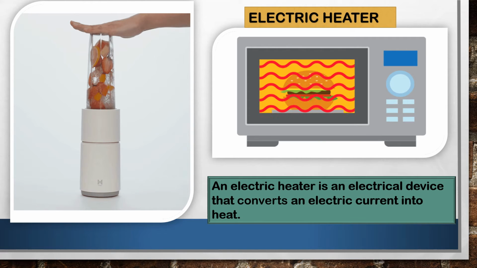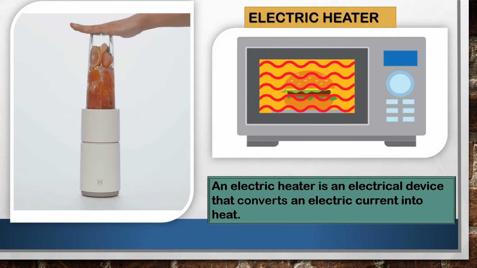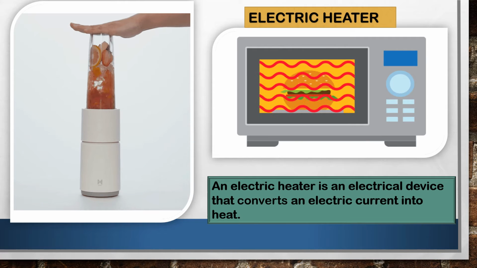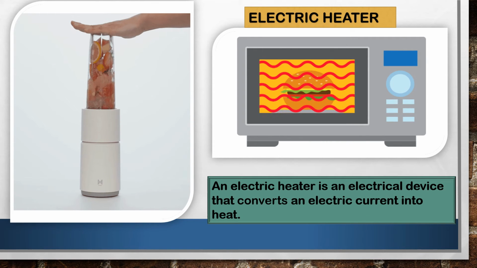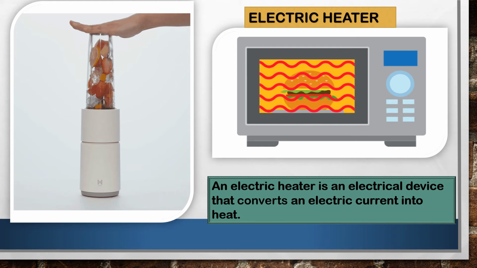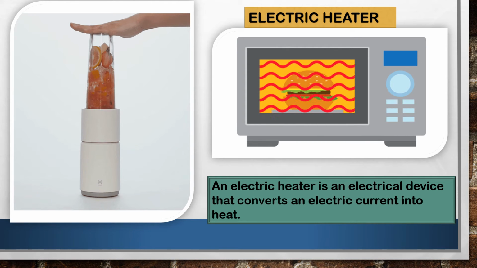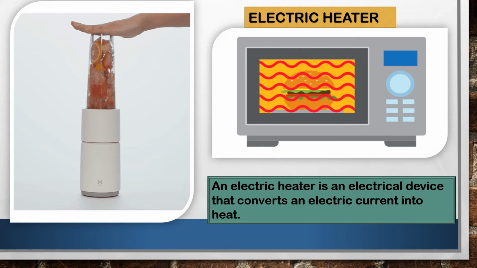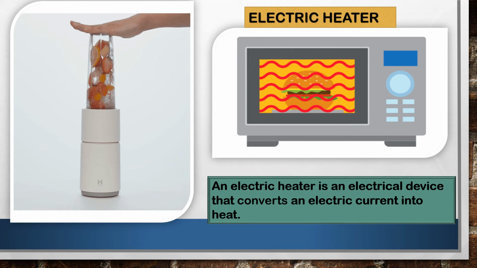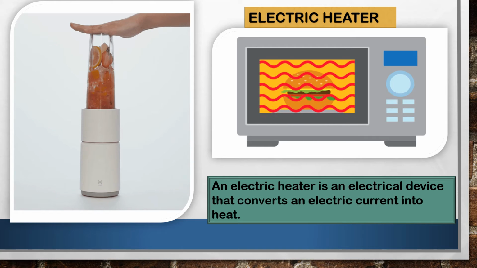Now, what is this nichrome wire? Nichrome is an alloy of iron, nickel and chromium. That means it is an alloy of Fe, Ni and Cr. It is used as a heating element in a heater because its resistance is very high and so large amount of heat is produced. It is not oxidized easily in air, and its melting point being very high, the wire doesn't melt away at the high temperature of the heater.